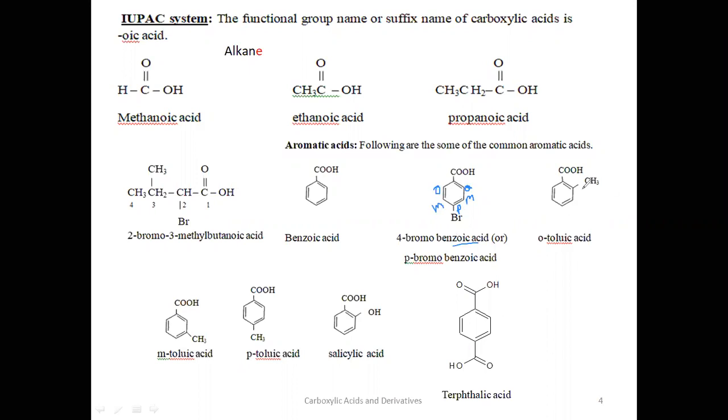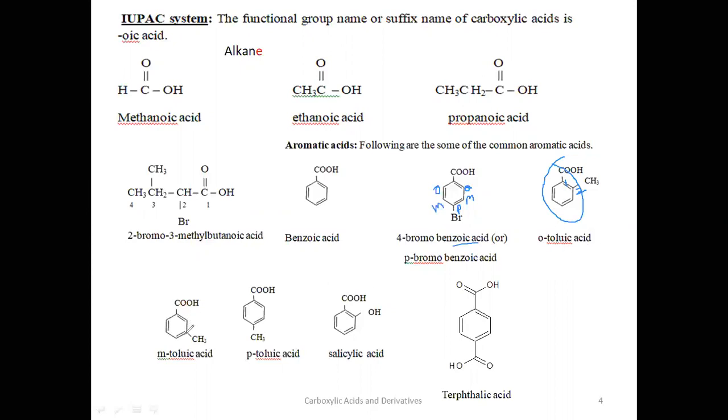The next compound is this one. So this is benzoic acid. At which position is the methyl group? At the second position. This is 1, this is 2. So we can say 2-methyl benzoic acid, or we can also use ortho, meta, para. At the ortho position the methyl group is there, so you can also call this compound ortho-methyl benzoic acid. Another common name for this compound is ortho-toluic acid.